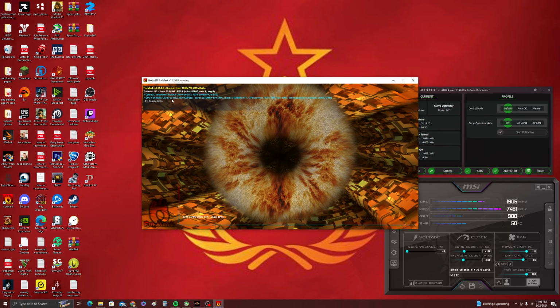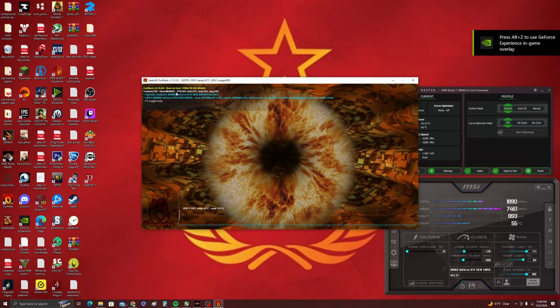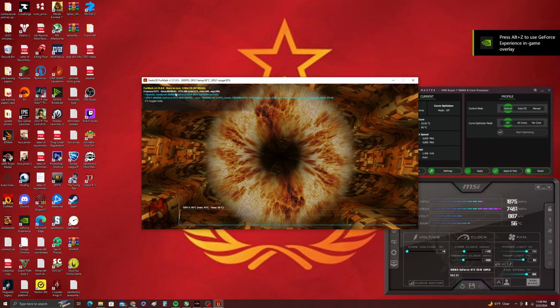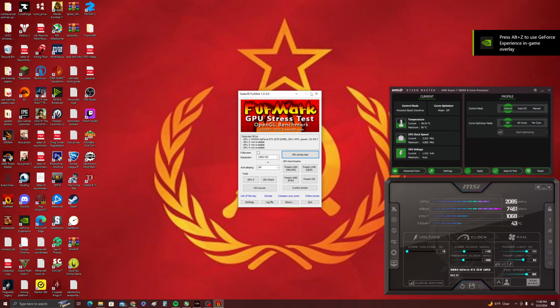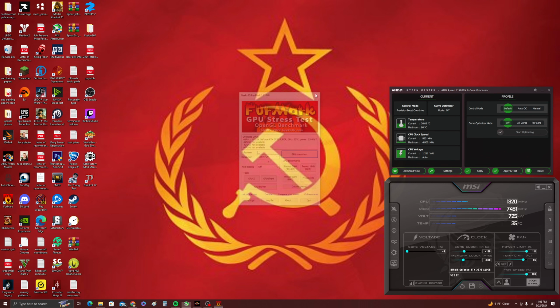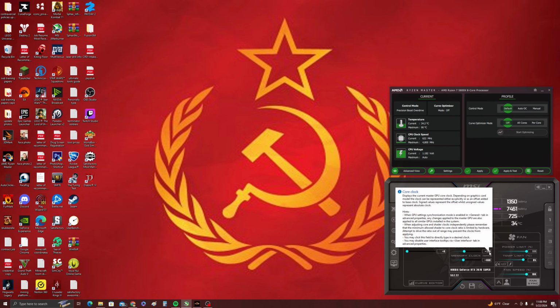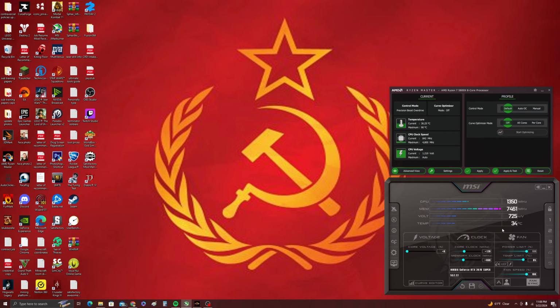GPU stress test. We're going to let this run for 2 minutes and see what happens. Then, if it passes the FurMark test for 2 minutes, you're going to run the FurMark test for 15 minutes. And if it passes the 15-minute stress test, then you're going to